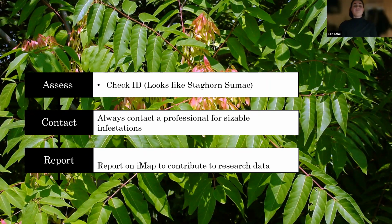Tree of heaven is really common, but it looks really similar to staghorn sumac. And if your infestation is big and your trees are mature, because they can get pretty big, which a lot of people might not notice because they don't branch out until the very top, so you don't really get the chance to ID the leaves or anything. If your infestation is big like that, then you're going to want to talk to somebody about it